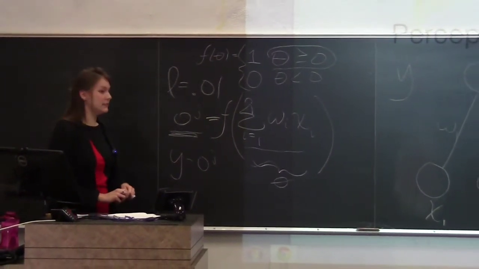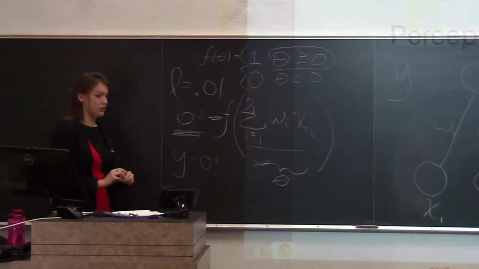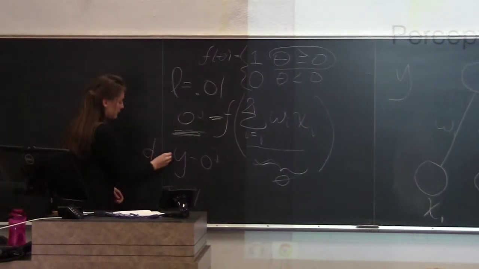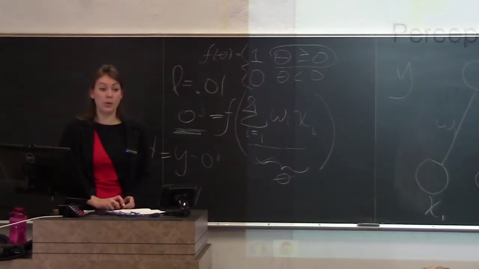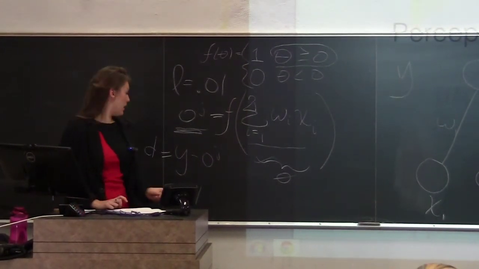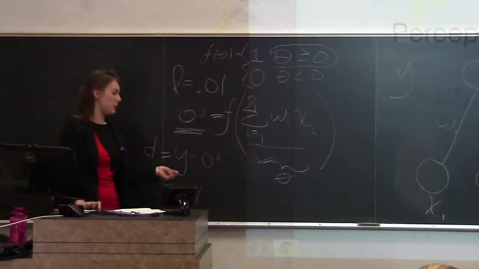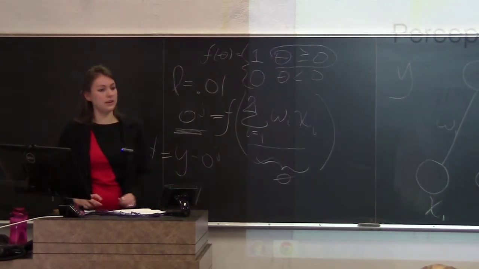No. Y is our desired output. That's not going to change. And we call this D, the difference between what the perceptron outputs and what we want it to output every time. And I think on the quiz there was a question about possible values of D. What could D be